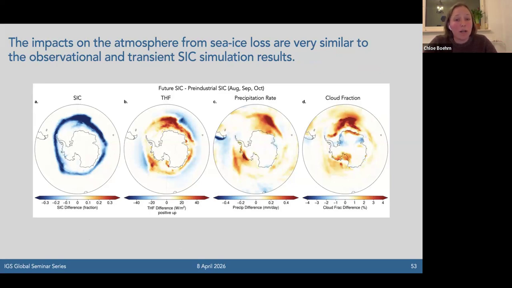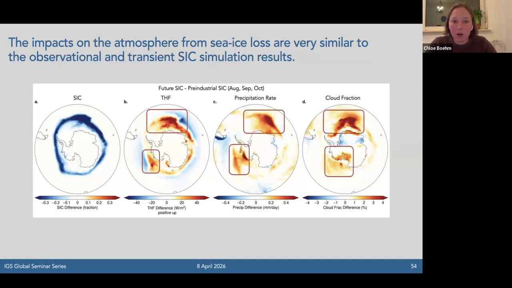Now it's not quite as widespread because we're again looking at a difference between the two. It's not a regression, and so it's not expected to be the same. We're capturing not only these local relationships that we were capturing in the regressions, but also how changes in the large-scale circulation could be impacting these, or other mechanisms that might be happening that aren't the local relationships. And we can see that there's a couple areas that really pop out. There's an area in the Weddell Sea or the Indian Ocean sector, and then there's also an area in the Amundsen-Bellingshausen Seas that have the most increase in these three variables given sea ice loss.